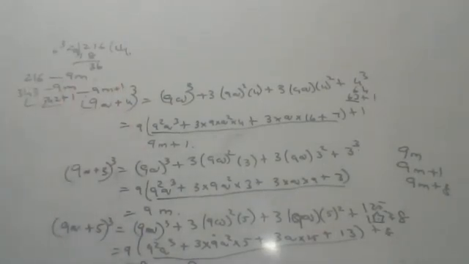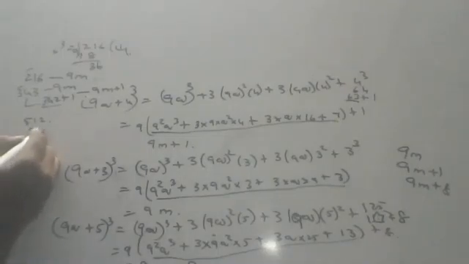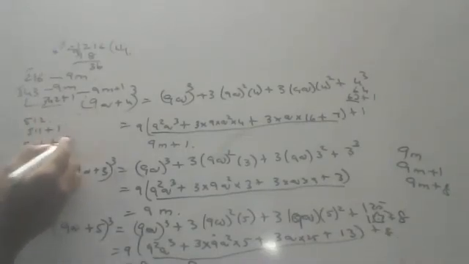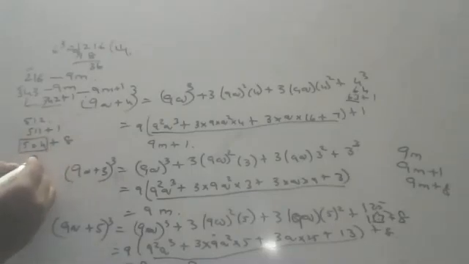And the next one is 8 cube, children. After 6 cube, 7 cube, 8 cube. 8 cube means 512. 512 directly won't go in 9, or 511 plus 1 if I write, it also won't go. Then what should I do? Minus 8 you do. Minus 8 if you do, 504 plus 8. 504 will go in the 9 table, then you'll get 9m plus 8. So all the conditions are occurring